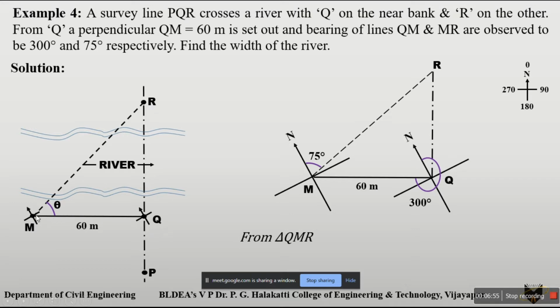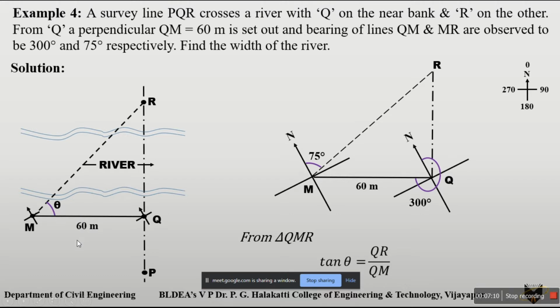This is the angle, this is our opposite side, this is the hypotenuse, and this one is the adjacent side. We know the distance of this one, so we can use tan theta here. Tan theta means what?